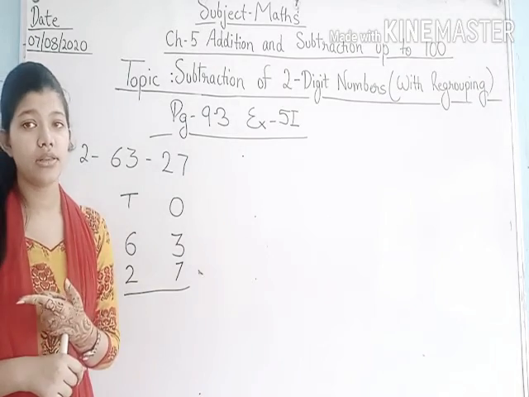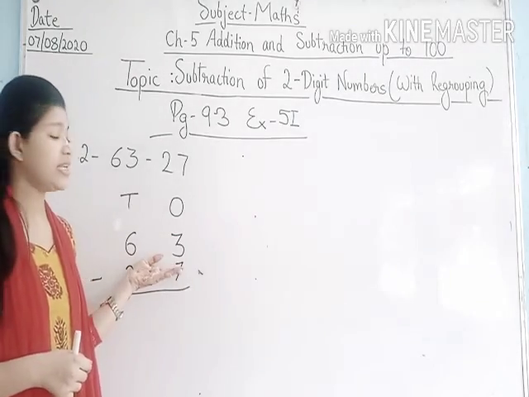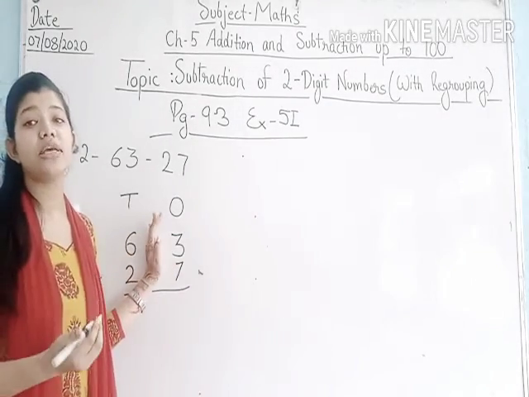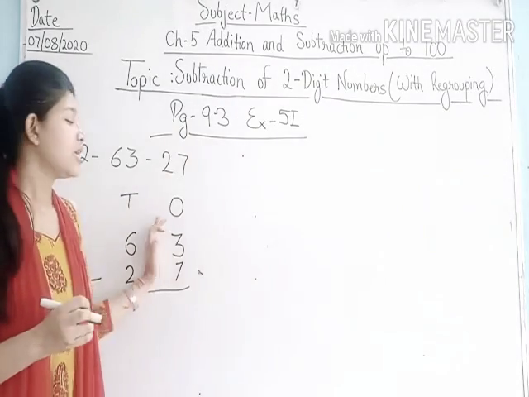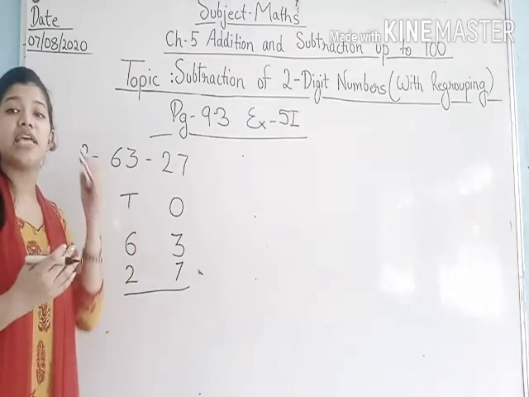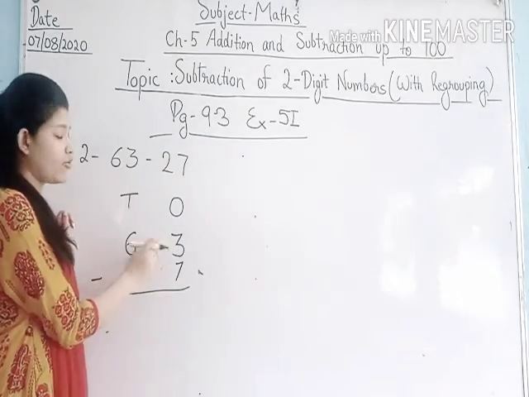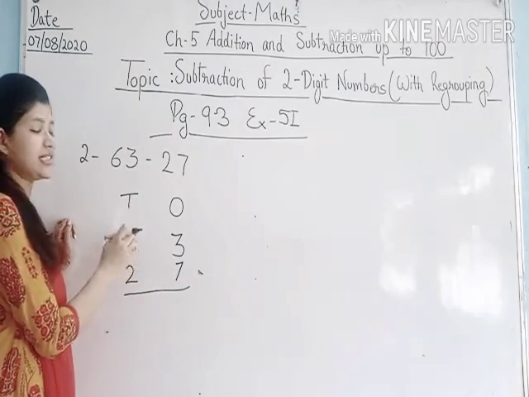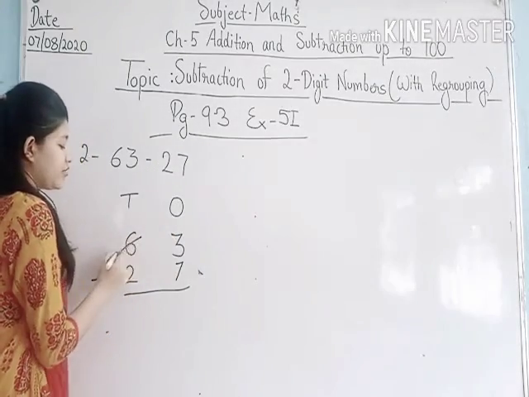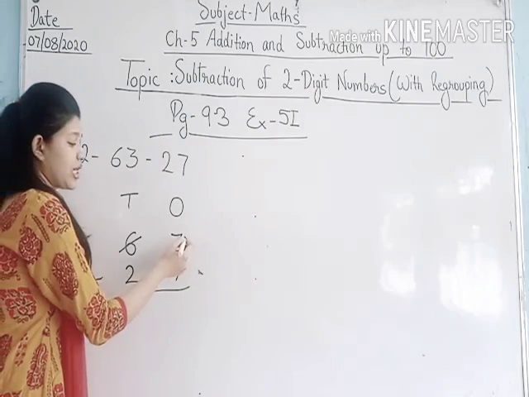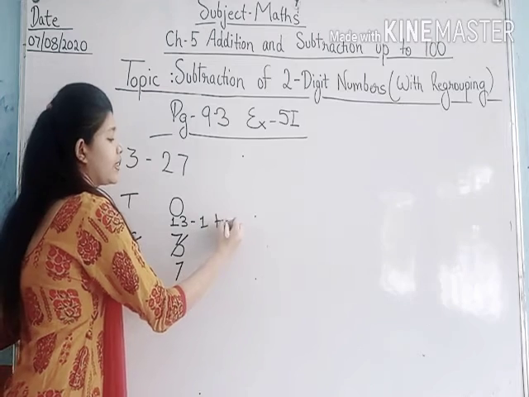Is it possible? No. Why? Because 7 is a bigger number. Yes, 7 is greater than 3. So we cannot subtract greater number from the smaller number. It is not possible. So what we will do? Again we will take borrow. Okay. So what we will do? This 3 ones will go to tens column, 6 tens, and will say please give me 1 ten. Okay. So this 6 tens will give 1 ten to 3 ones. So this will become 13. That is 1 ten and 3